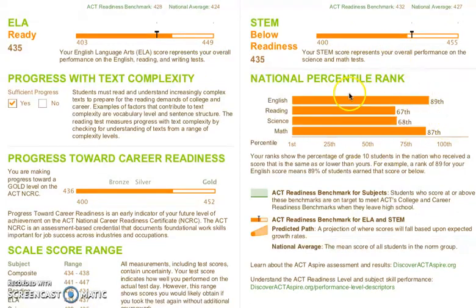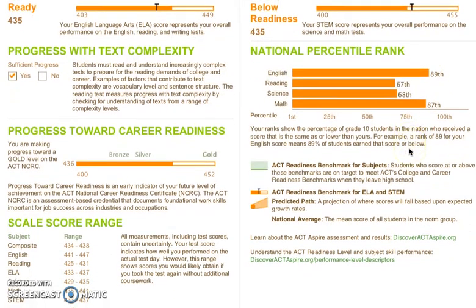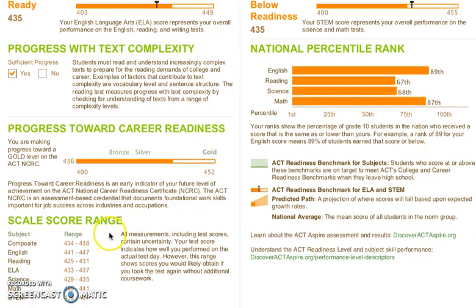You also over here have your national percentile ranks. So this 89th percent means that this student scored better than 89% of the students who took the same test this year. And then down here at the bottom, it has your scale score range. So this is, if you were to take the same test and just do it on a different day this year, this would be how they would predict that you would do. So it kind of gives you that range in case there were specific factors that were not taken into consideration